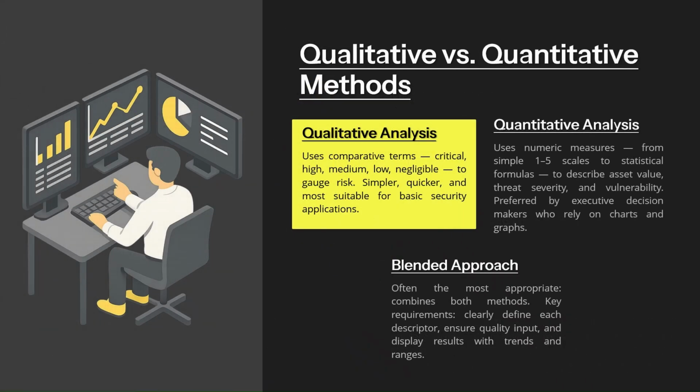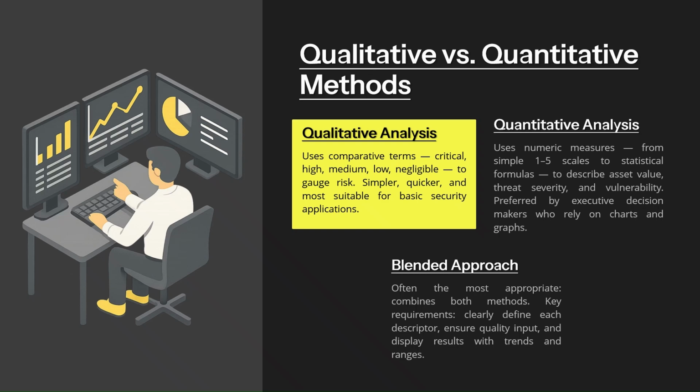Risk assessment can be conducted using qualitative or quantitative methods. Qualitative analysis relies on expert judgment and descriptive scales, such as high, medium, or low, making it simple, quick, and widely used in security applications. Quantitative analysis, on the other hand, uses numerical values and statistical methods to measure risk, offering greater precision but requiring more data and effort. In practice, a blended approach is often most effective, combining the strengths of both methods to